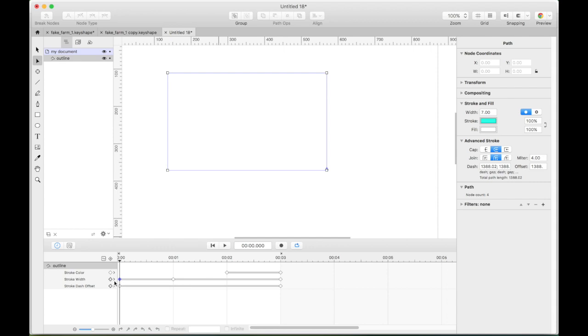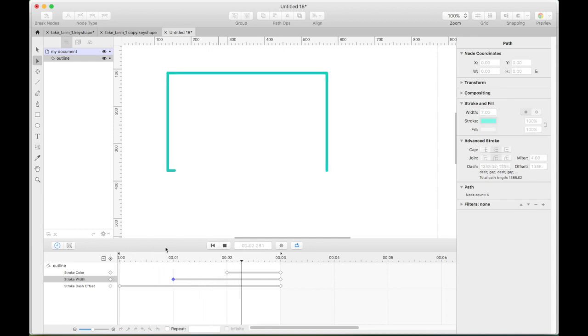So right now it's highlighted. If I click this node button again, it goes away. So it's going to start at 7 here, and then it's going to go to 16 here. So let's watch that in action. Fail. It did not do it. So stroke width, let's see. Oh, see, it went back to 7 for some reason. So I'm going to go back to this, and I'm going to click.